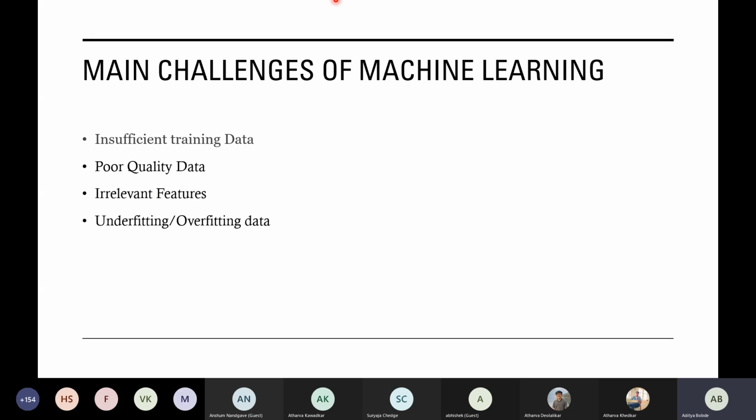Last but not the least is the overfitting and underfitting concept. In many interview questions, you have this term called overfitting. Today itself, we have a machine learning viva, and this question is asked many times: what is underfitting and what is overfitting? So this is the most important. I will explain it in the easiest way.